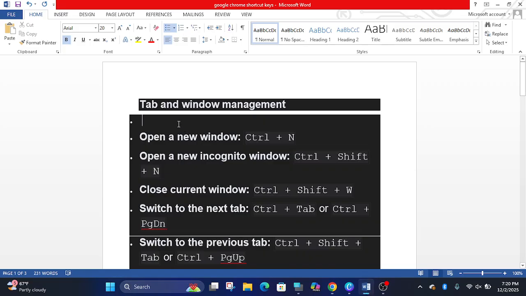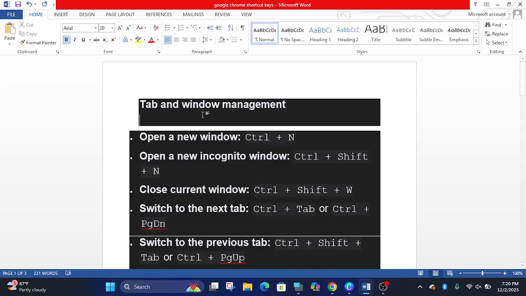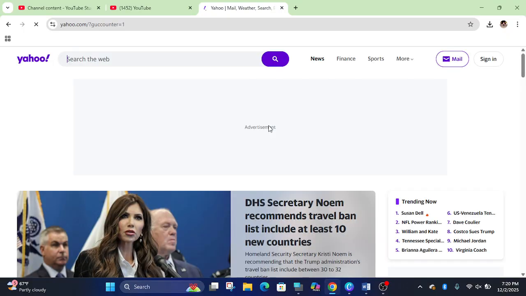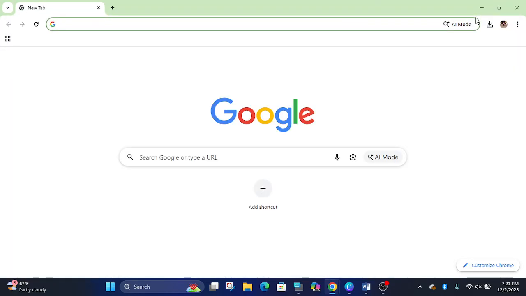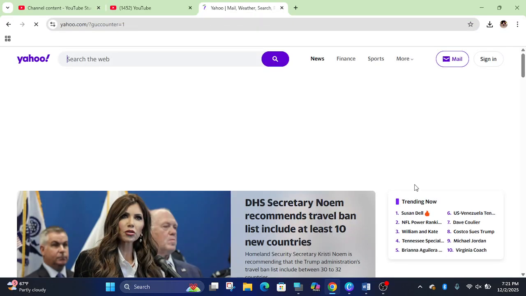Control T opens a new tab from an already opened window. In the case of Control N, it opens a new Google Chrome window.